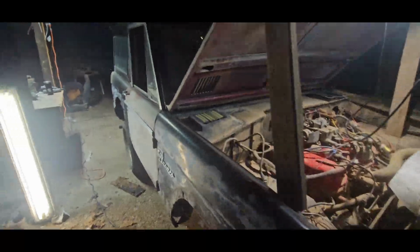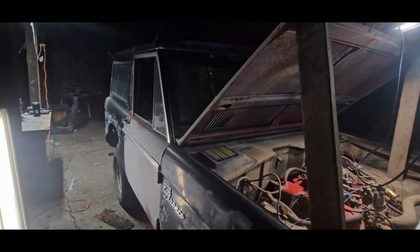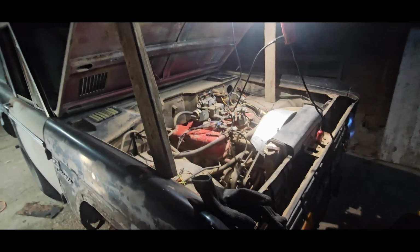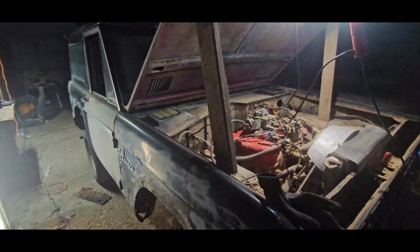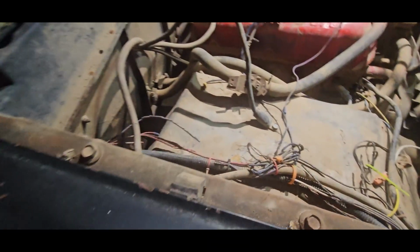Back to the Bronco. In the previous video, we got all the interior pulled out, looked at the floors, the structure, all that stuff. Turns out the driver's side floor pan is bad, so that's something we're going to put on the list for eventually we'll get it fixed. Anyway, what I had mentioned in that video was that we would try to get the engine unfroze and see if we could get this thing started, and I got to looking at the wiring, and